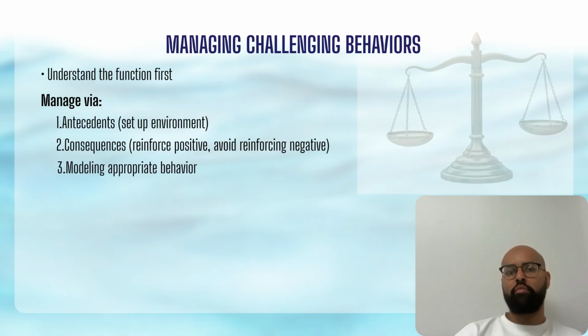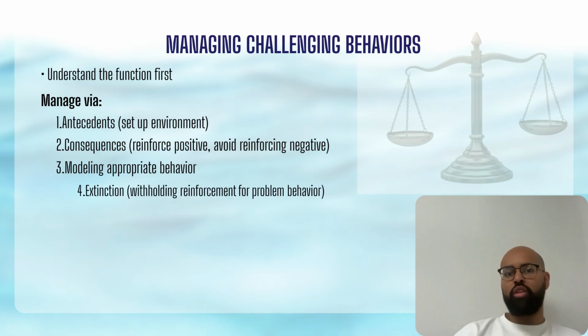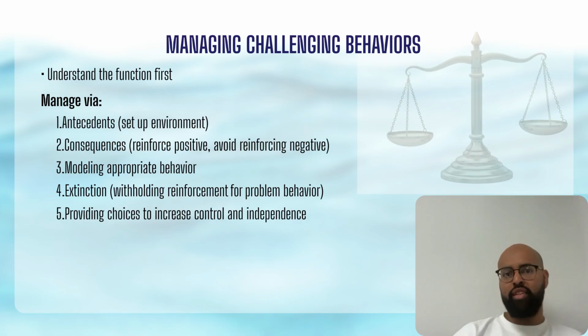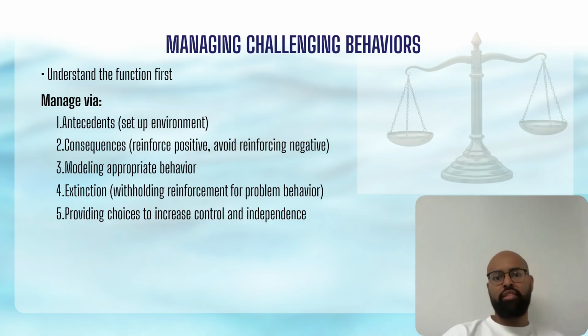Number 3. Modeling appropriate behavior. Learners, especially children, watch everything we do, so it's important to model the behaviors we want to see. Number 4. Extinction. This means withholding reinforcement for problem behaviors so they are not rewarded or strengthened. Number 5. Providing choices. Giving learners options helps increase their sense of control and independence, which often leads to fewer